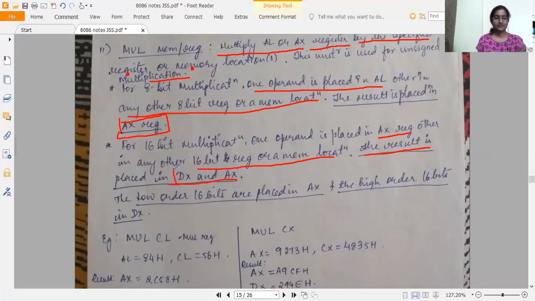This you have to remember, because the size after multiplication will go beyond. If we are multiplying two 8-bit numbers, then after multiplication the result might go beyond 8 bits, right? So that is why we use the bigger register.